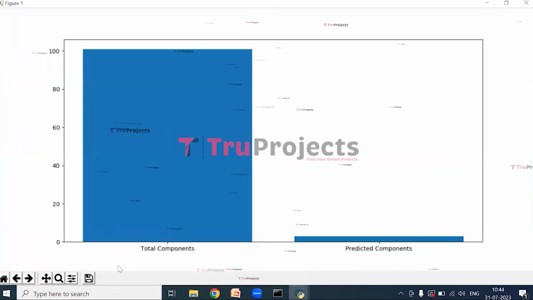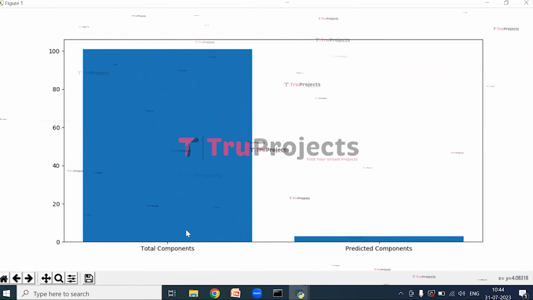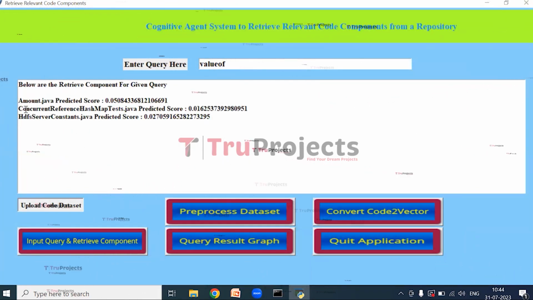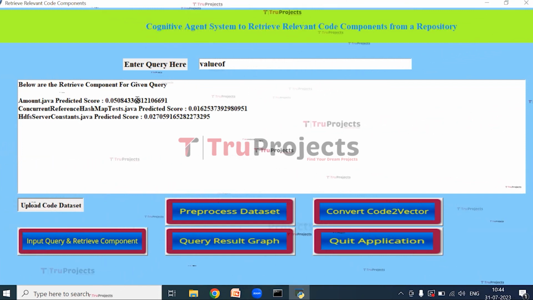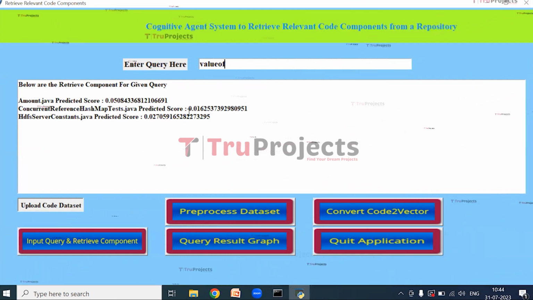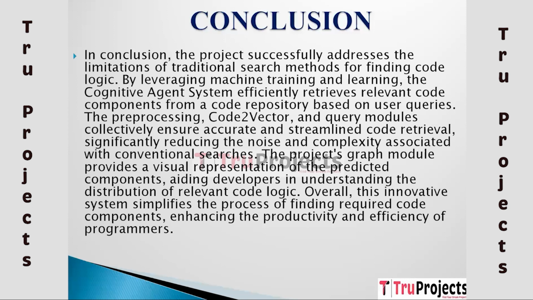So here we can see that the x-axis represents the total components and predicted components, and the y-axis represents the value of these components. We will close the graph, and here we can see that amount.java predicted score is this much, and concurrence reference hash map test.java predicted score is this much. Quit application. And the final conclusion of the project is the project successfully tackles the shortcomings of standard search approaches